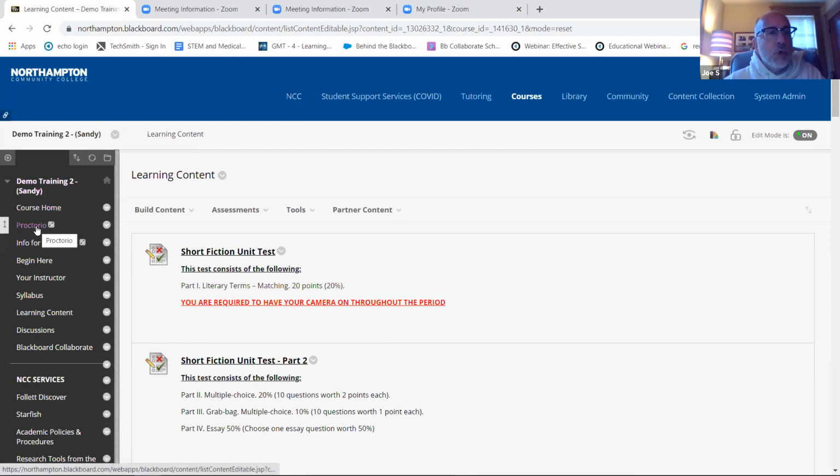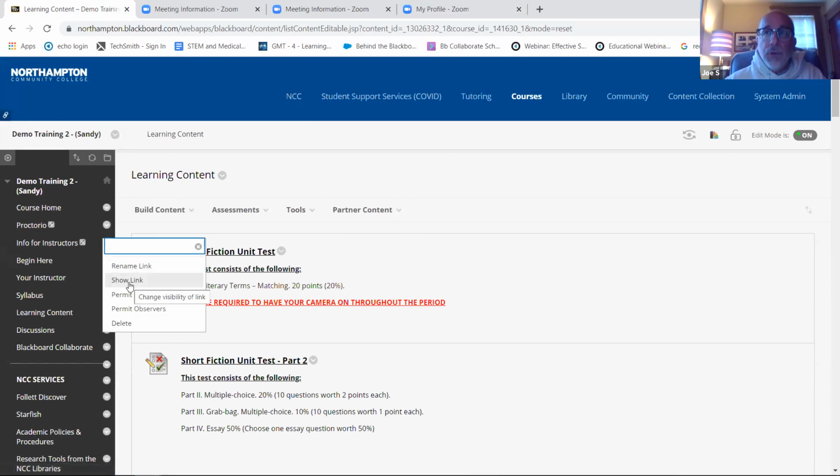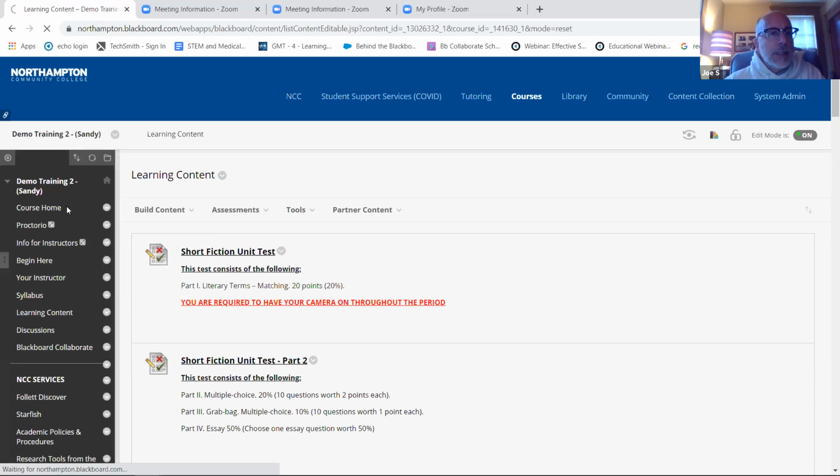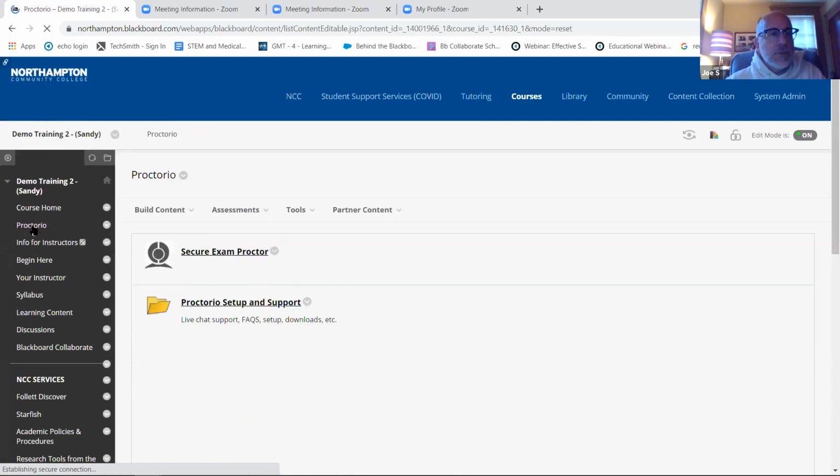You'll see that your course should have, we did that in the template for every spring, fall 20 course, this Proctorio folder, okay? We suggest that you make that folder available to the students if you're using Proctorio on exams. If not, don't. So all you have to do is show that link, and then that little icon that was there went away. And now your students can actually see this folder.